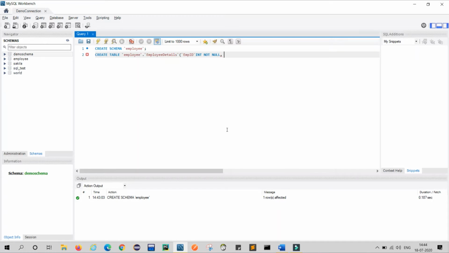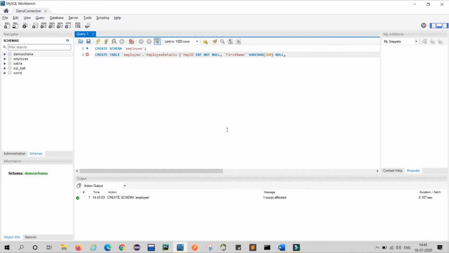My next column name is first name. This is a varchar, so I will write varchar and provide the length of the varchar, just an example of 100, and it can be null, so I can write null, comma.